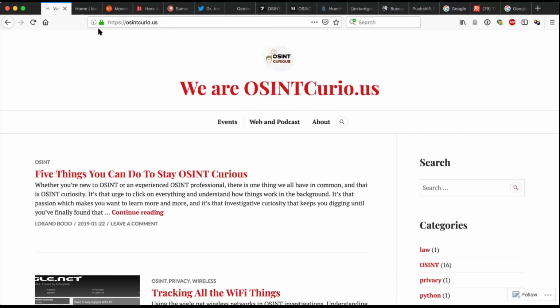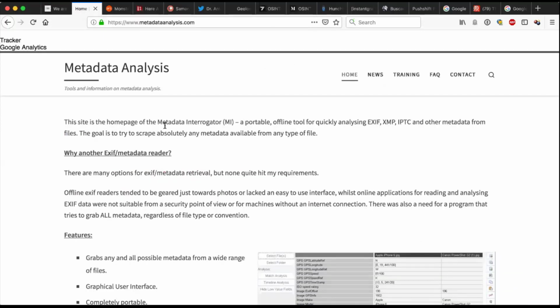All right, let's go. So the first thing is we did get a comment on our blog last week, and someone introduced us to their new tool, metadata analysis. It's supposed to be a metadata analysis tool. Apparently, the author of this, Ben, said that none of the things that he tried in the past hit what he wanted to get out of metadata, so he's created this new tool. I haven't run it yet. I'm taking a look at it. It looks like it might be kind of interesting, something like FOCA, but maybe slightly different. I'm excited to run it.